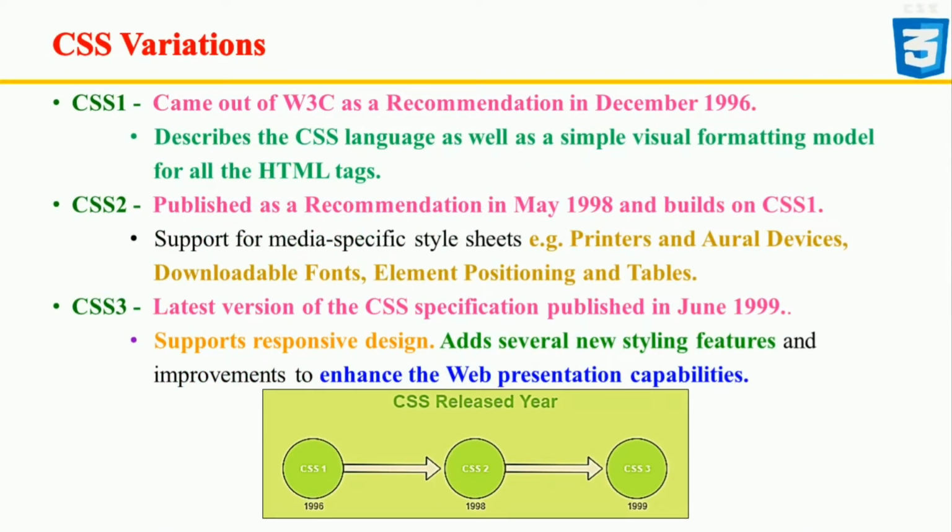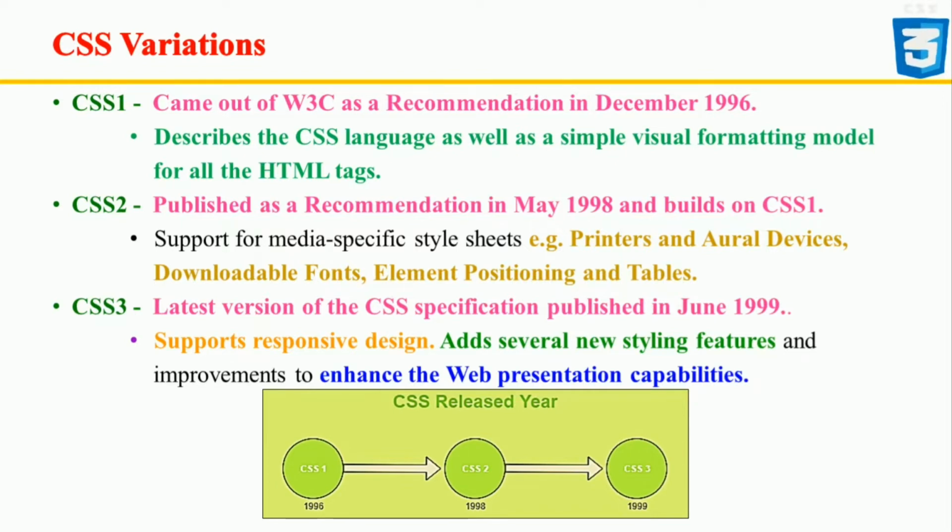CSS1 had font properties and specification for typeface and emphasis. The text attributes were supported such as spacing for letters and line of text. Alignment of text, positioning, and tables were also added. Margin, padding, border, and positioning for elements was also implemented. This recommendation was not maintained by W3 Consortium.